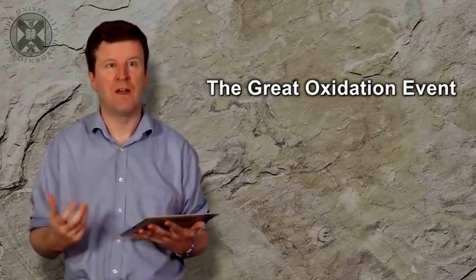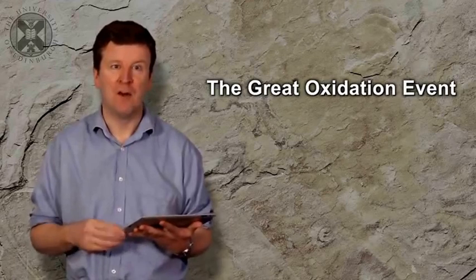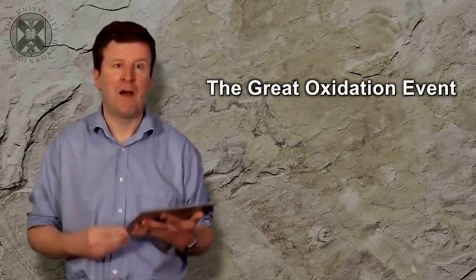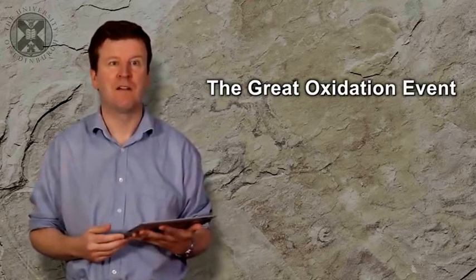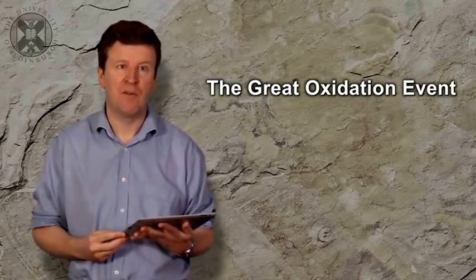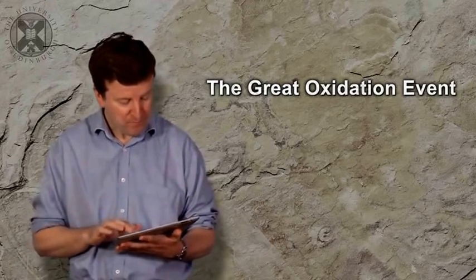Oxygen can be used to essentially burn organic carbon in a controlled way, of course, in organisms, and release great quantities of energy, which can probably allow for the complexities of multicellular organisms. So the rise in oxygen in the Earth's atmosphere had profound implications, as we'll see, for life on our planet.